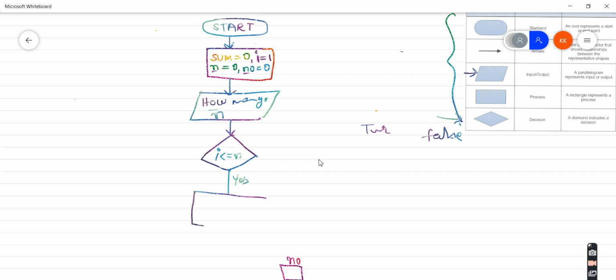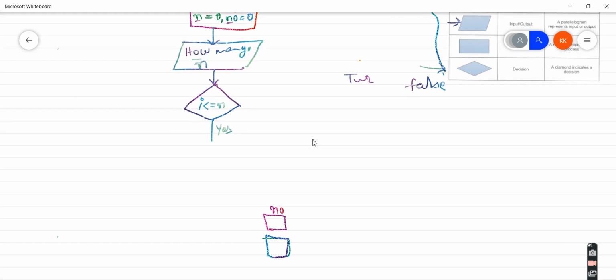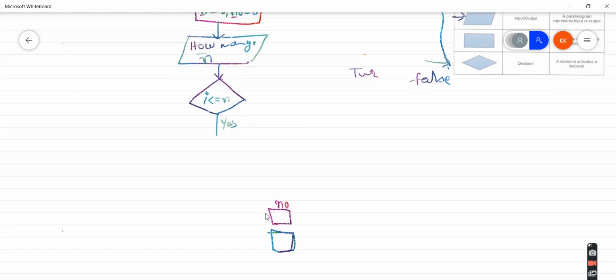I need to do some calculation part, right? Sum is equal to sum plus, no. Before that, I need to ask the user to enter the number first of all, because I am taking the variable one by one. So that's why I need to have a window here.